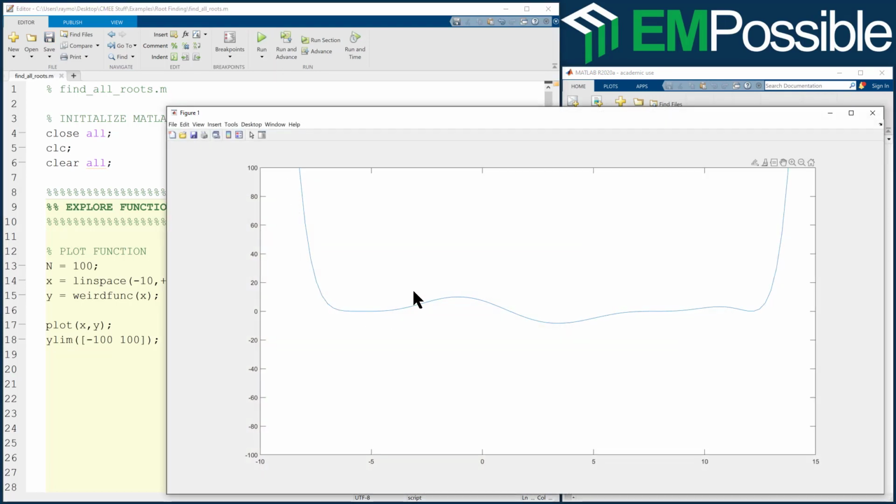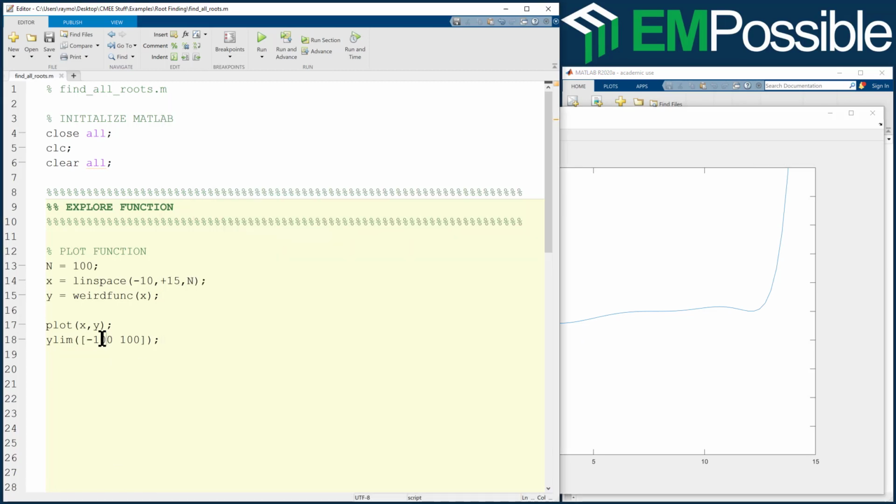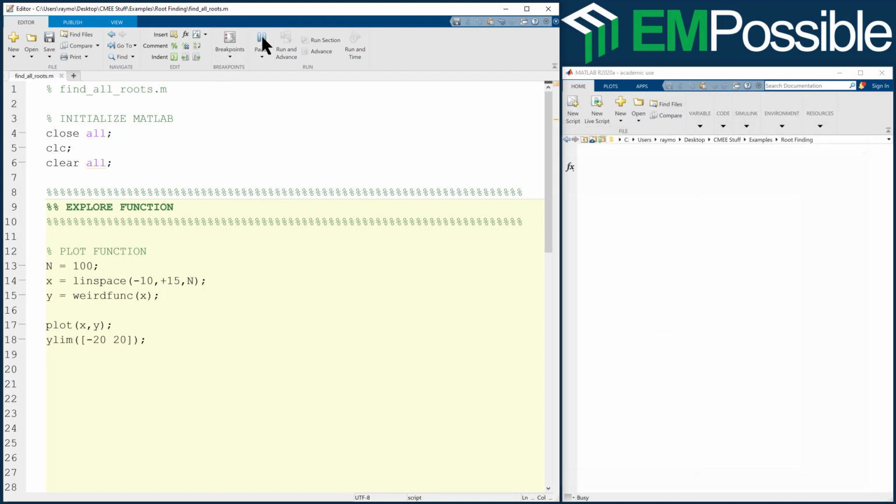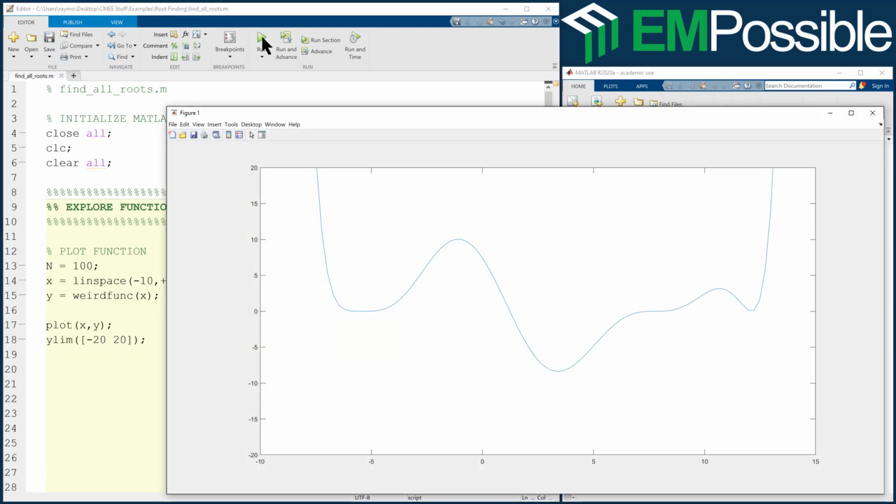Okay. And now I see some ripples that are wiggling around 0, but these all seem to maybe be below 20 and +20. Maybe that's the next thing I try, from negative 20 to +20. And so the point here is I just keep playing with the x and y axes until I converge to something like this. And I'm pretty close now, and I can maybe even start making some conclusions about where these